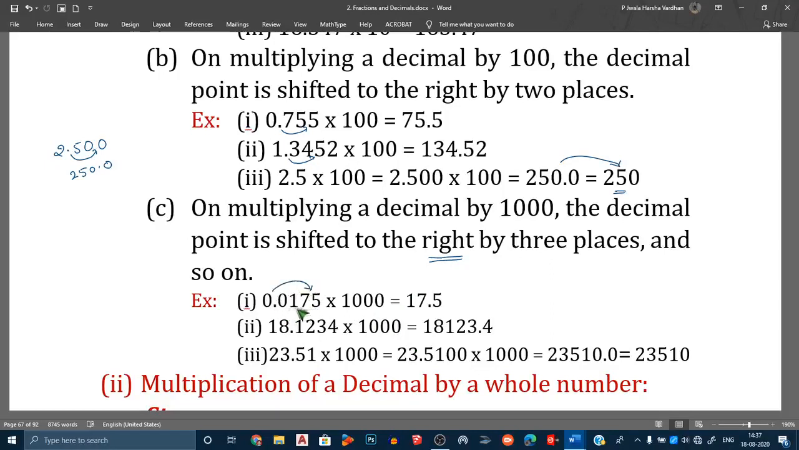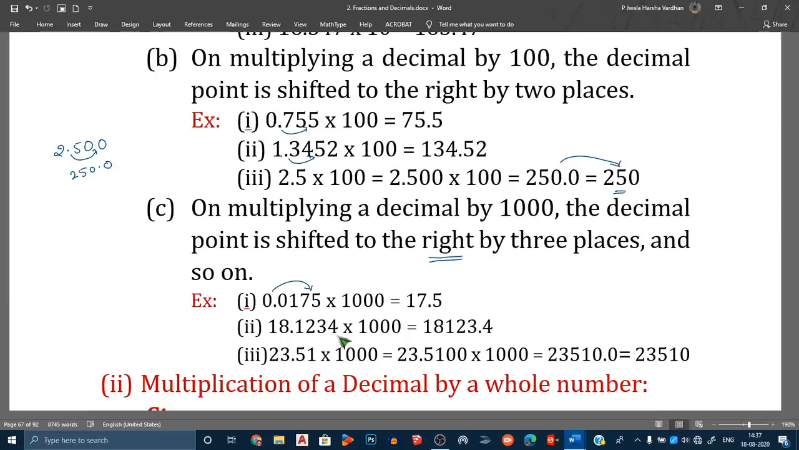So now it will become 0017.5. So now you can omit the front zeros and write in the form of 17.5. Yes, 17.5 you can write. No need to write 00 here. Okay. So now it is